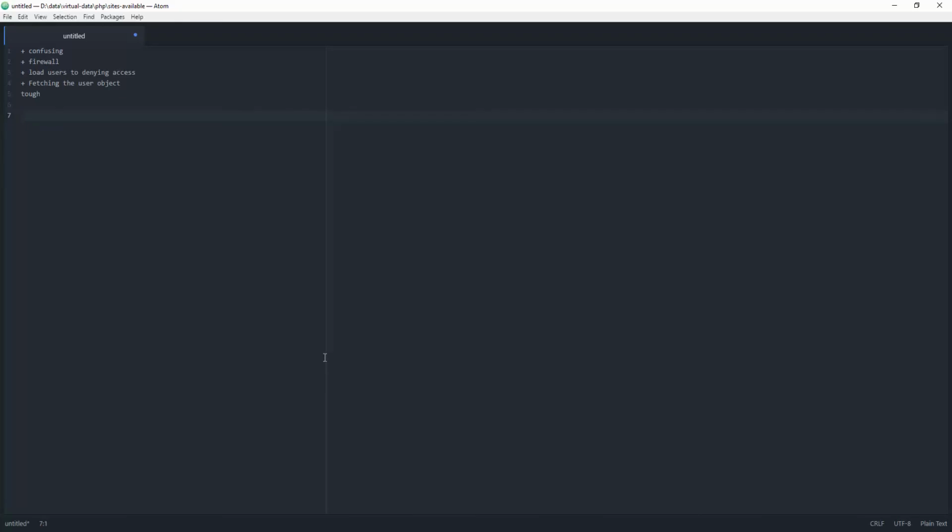Since there is a lot to talk about in this article, I organized a few sections. First, initial security setup, called authentication. Second, denying access to your application, called authorization. And the third one is fetching the current user object. Okay, we will talk about the first one, the initial security setup called authentication. Let's open